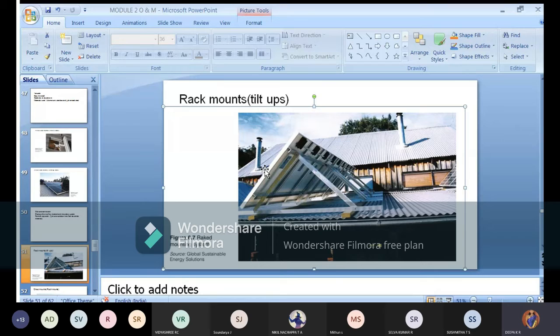So maybe the intention is, okay, if I push it up, I can get more sunlight from morning to almost 4 o'clock, then it may go down, because this is up more than mid. Then for the remaining part you'll get more shadow, so I'll not get much effective output. So people are trying these tilt ups or rack mounts. In this case, so many things come into the picture.